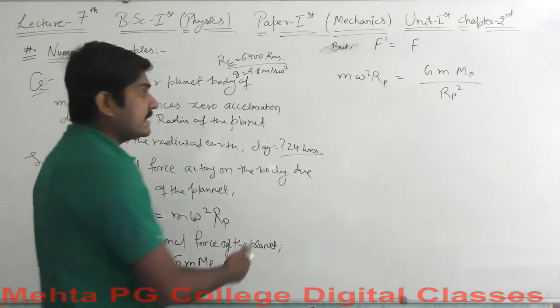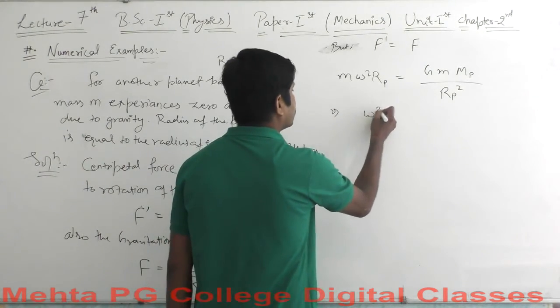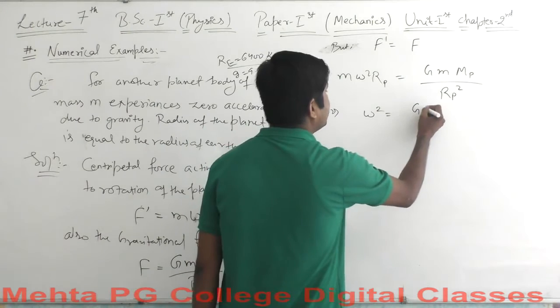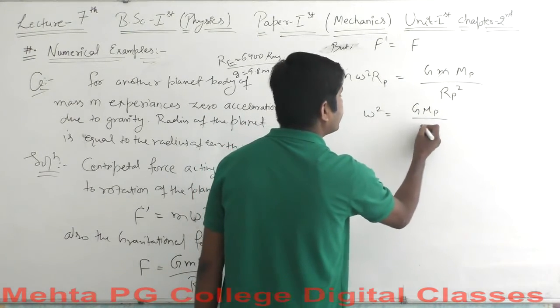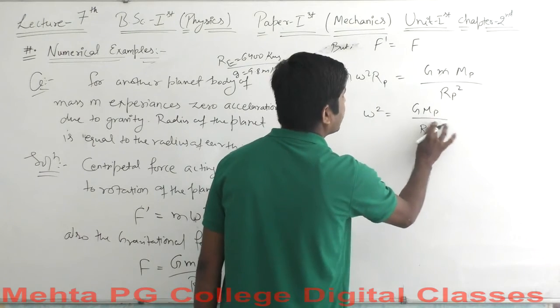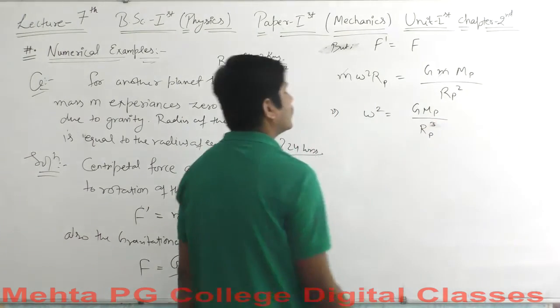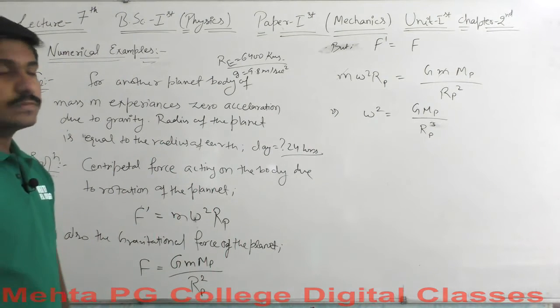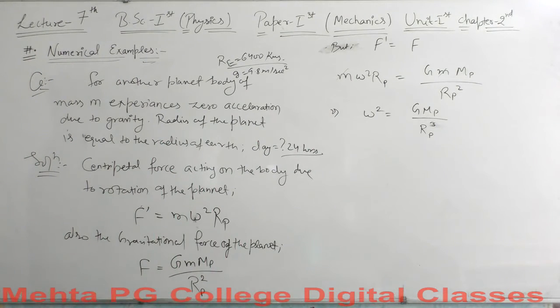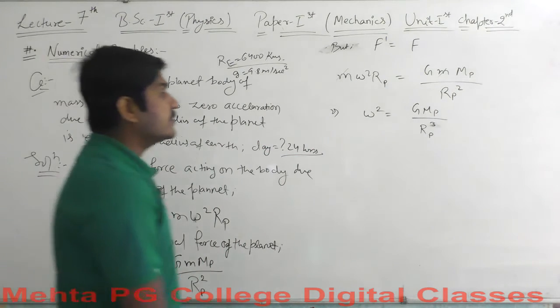We end up with omega square equal to G mp over rp cube. That is the omega square, equal to G mp over rp cube here, and that is equal to